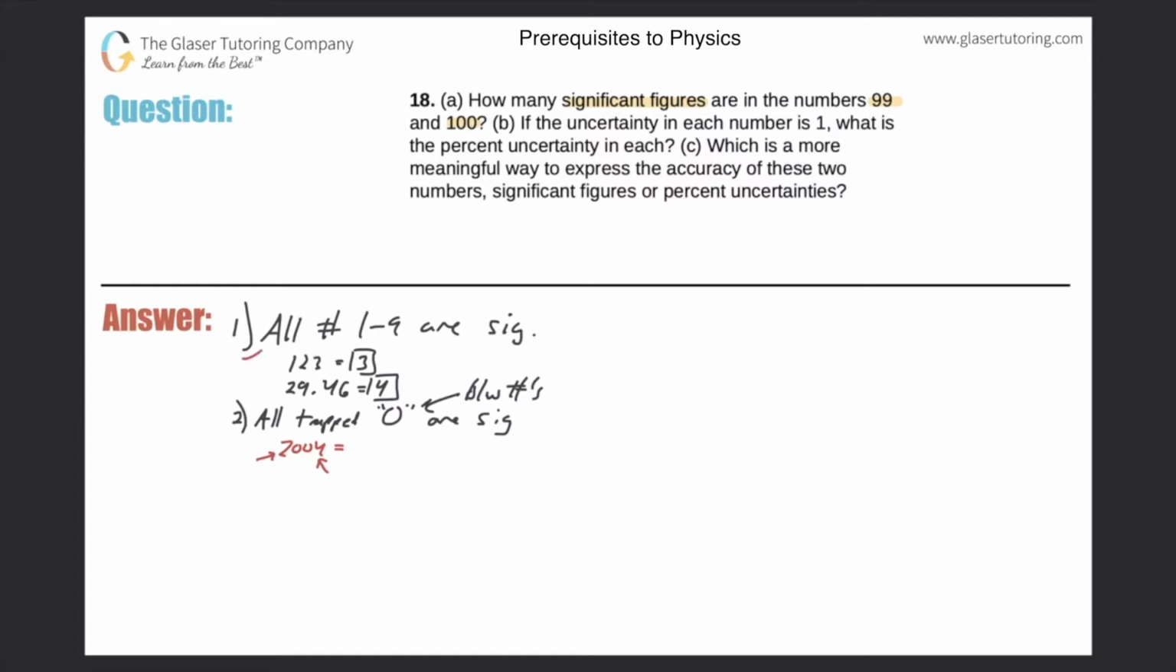Therefore, rule number 1 says that they're always significant. And now these 2 zeros are considered trapped because they're between 2 numbers. So the answer would be 4. One other example would be, let's say we had a value of